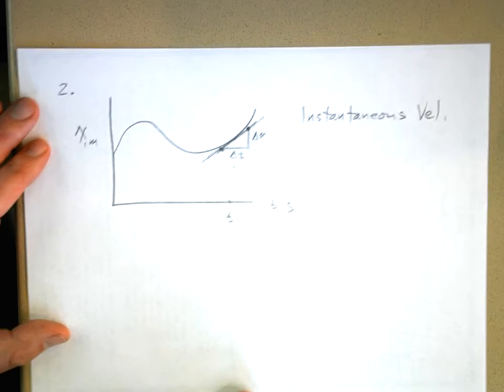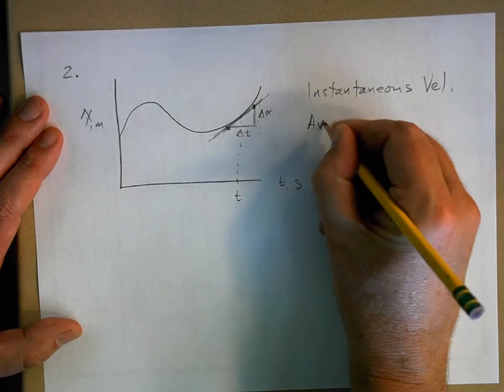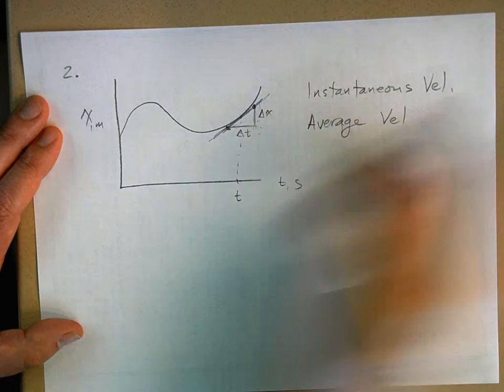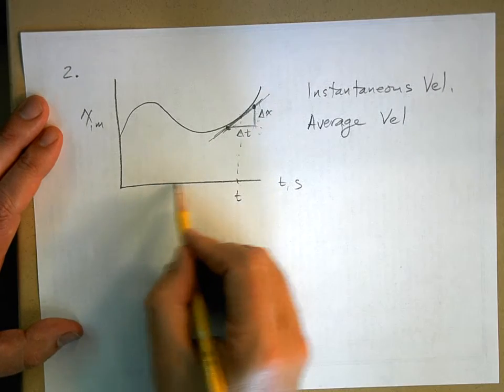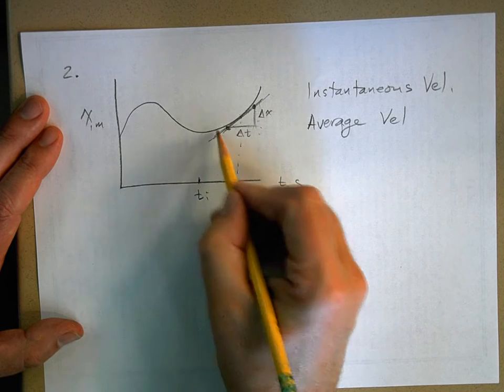Then you're going to need to know how to figure out average velocity. Now, if I want to know between time, maybe we'll call this t initial and this t final, what is the average velocity? Well,